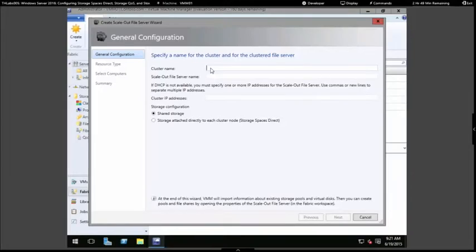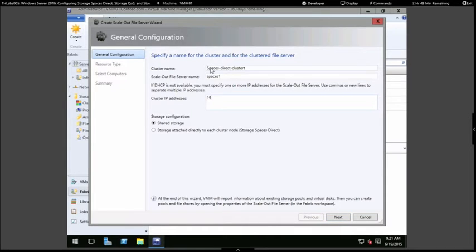Carry on. So this is going to be my Spaces Direct cluster. Scaled file server name, let's call it Spaces 1. Needs a cluster IP address. So is it a minimum of 4 or 5 servers? I believe it's 4. 3. Is it 3? Yeah, you can do Spaces Direct with 3 servers, because I'm going to do one next. And so instead of using shared storage, this is the storage configuration. Storage directly attached to each cluster node, so no shared storage. So in this example, if I just switch to one of the nodes that's going to participate,